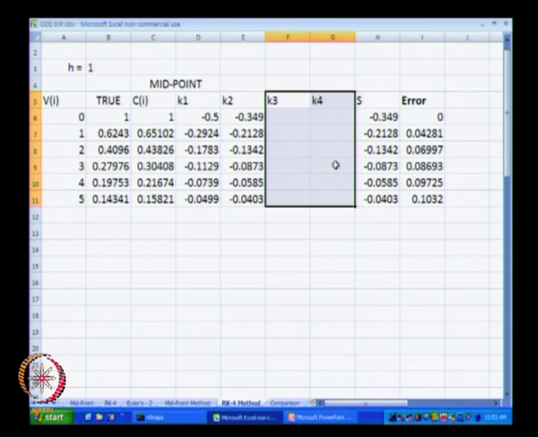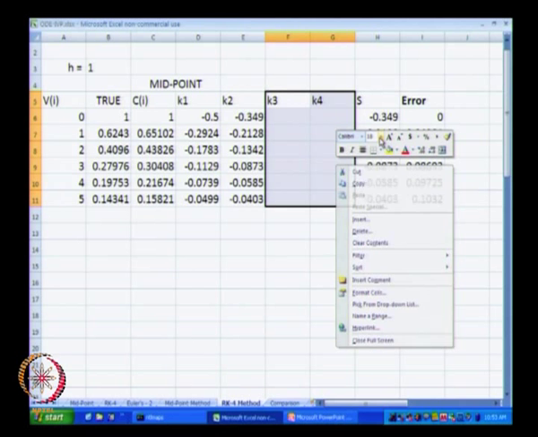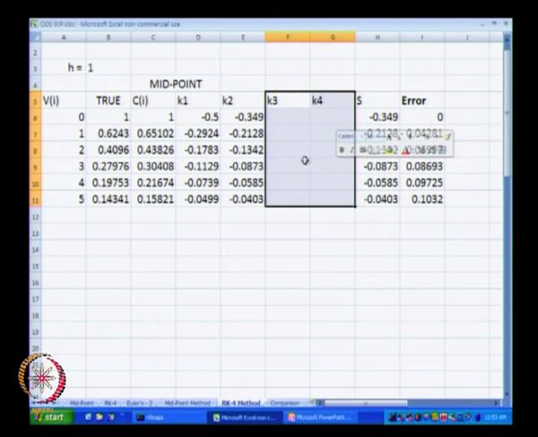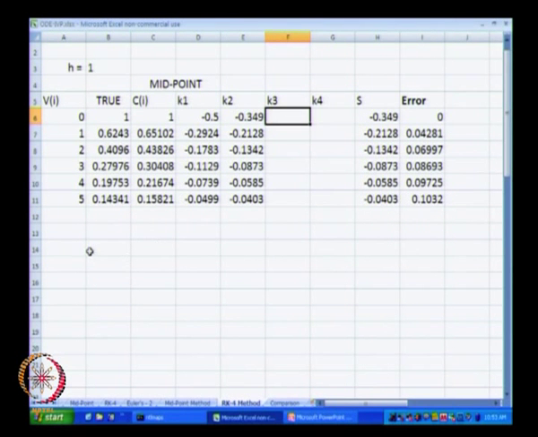And so that everything is visible to you, I will just select this and change the font size to 18, so that everything is clear. Okay. So, now for the RK method, our K1 remains the same, K1 is just going to be f of yi. K2 is going to be f of yi plus h multiplied by K1 divided by 2. Okay. This is our K2.